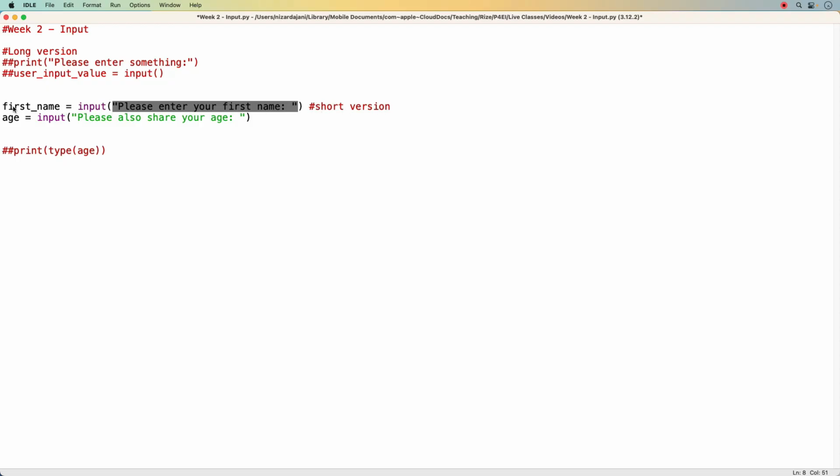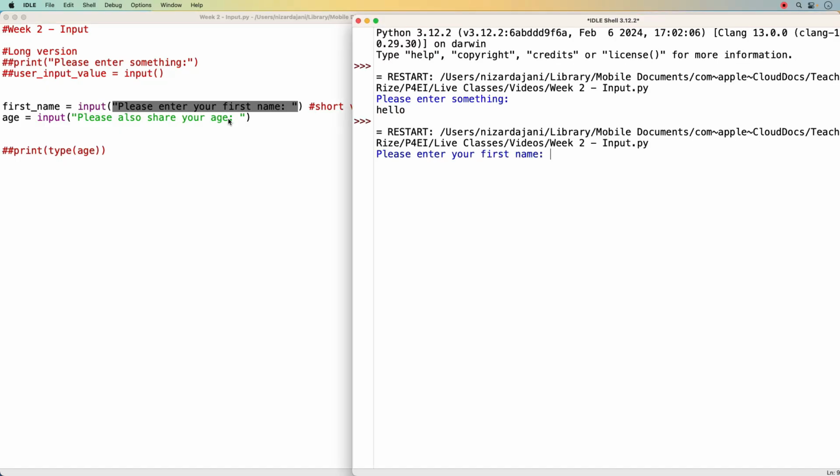So I'm going to create 2 variables, one called first_name, and it's going to be an input function that prompts the user with please enter your first name. Whatever the user enters, they hit enter, then it's going to go on to the next line of code, which is another input function. This time it's going to be called age, and I'm going to prompt the user with the text, please also share your age. All right, so let's run that, just confirm that it is running. Please enter your first name, let's say Nazar, age 51, enter,